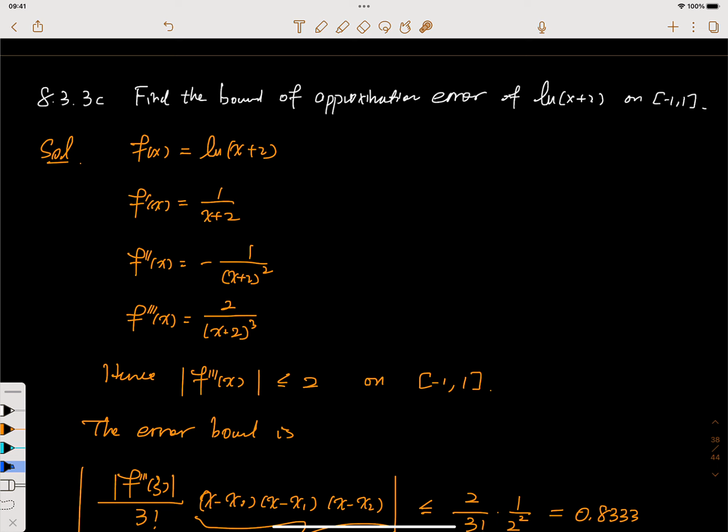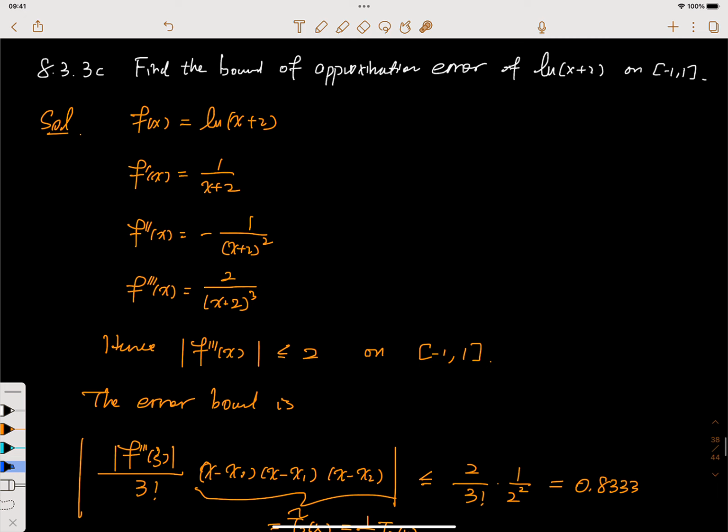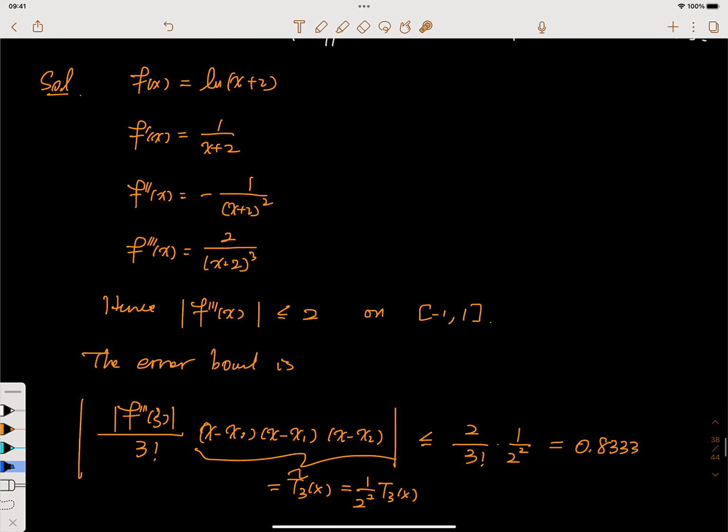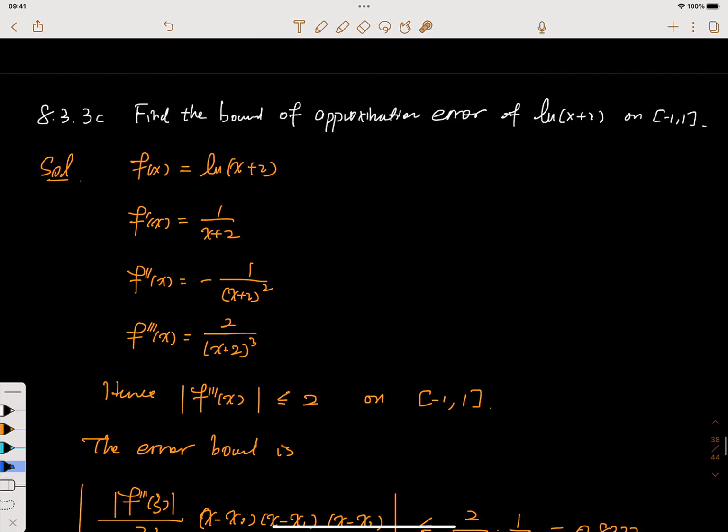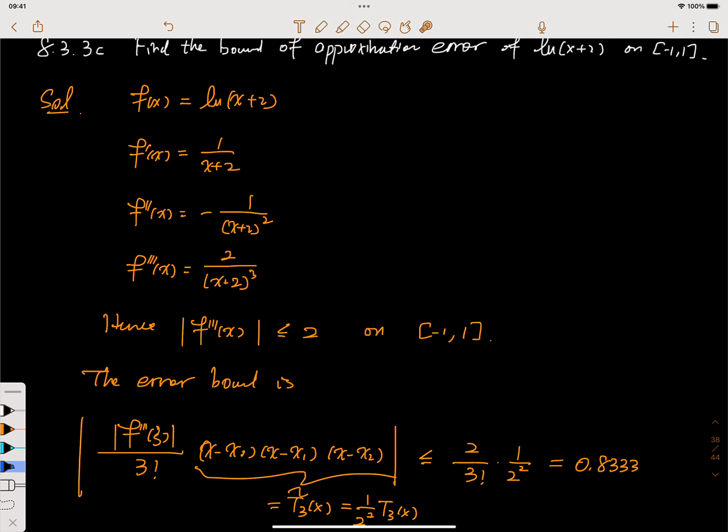Problem 8.3.3c. So we want to find the bound for the approximation error for the logarithm of x plus 3 over interval -1. From the previous questions where we used the t3 tilde x, we use the roots of this t3 tilde x to construct the Lagrange interpolating polynomial. So remember that for Lagrange interpolating polynomial, the error term is going to be, because we use the 3 points, just this, x minus x0, x minus x1, x minus x2,